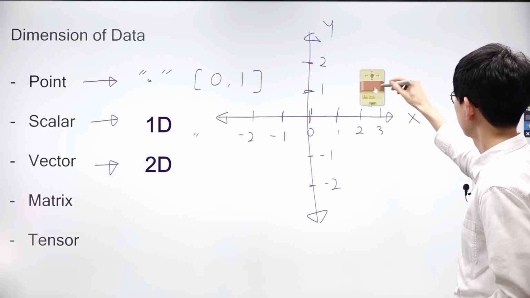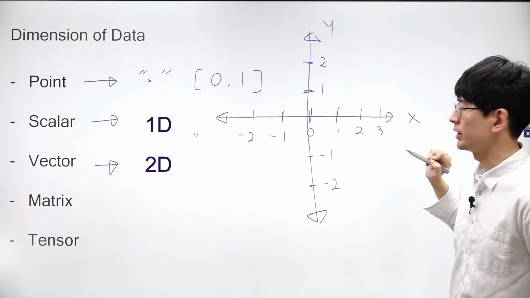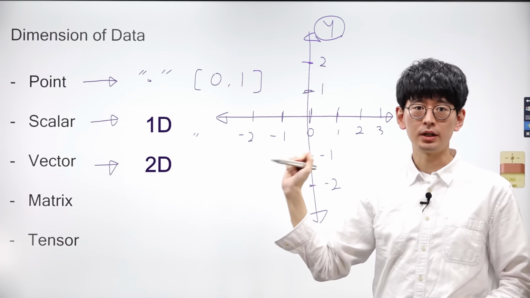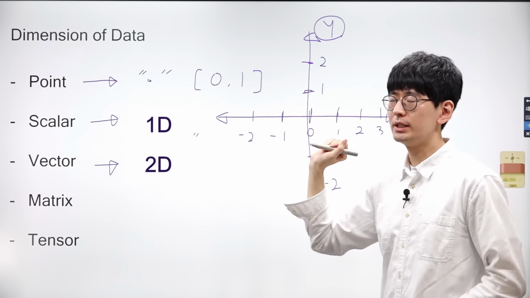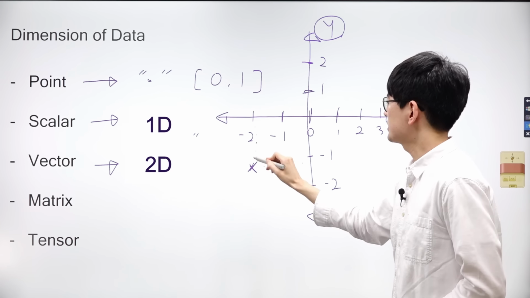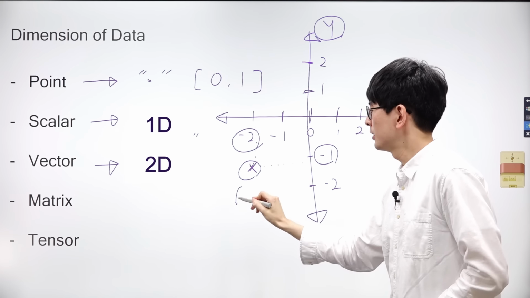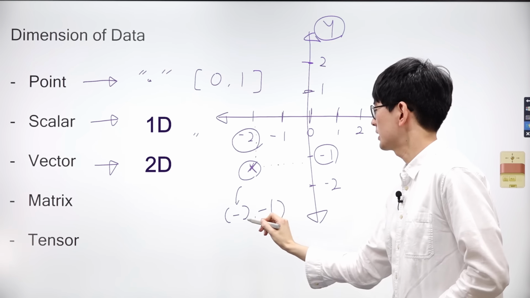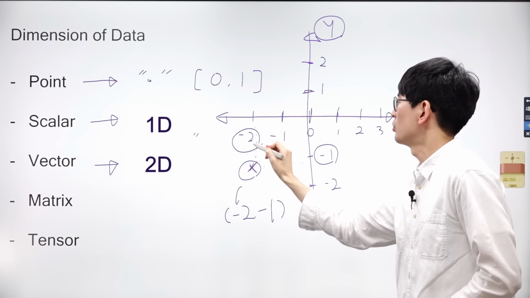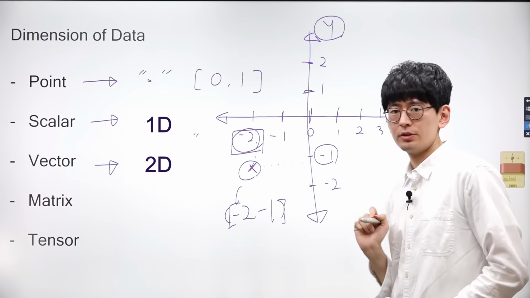Now, how can you represent data here? In this case, data are points on the plane. Points have both x and y information at the same time. It holds two pieces of information. So, for example, if I want to represent a certain data point, and it's located over here, then its x information is -2 and y information is -1, meaning this data has a value of -2 and -1. In the case of one-dimensional scalars, this data only had the x information of -2, but when it becomes a vector, dimensions increase like this.